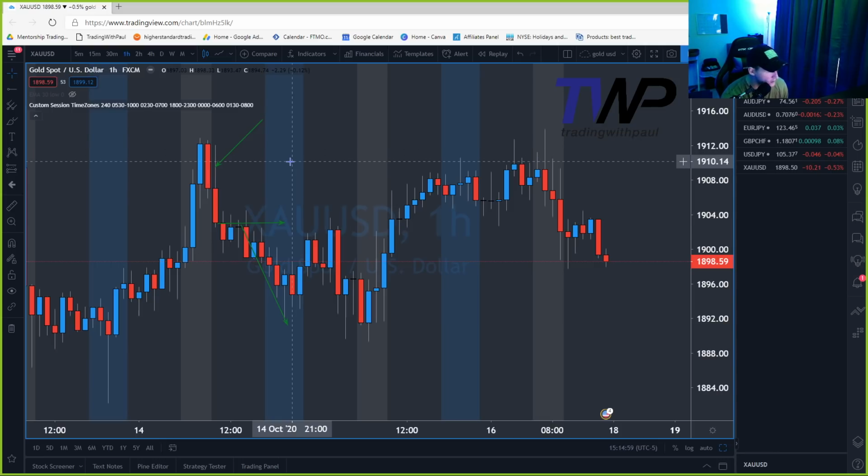So does that still constitute it, or does it have to be a really weak close with a long wick? Or is it as long as the wick is longer than the body, even if it's like a pip or two, that still counts? I don't care. As long as it's longer. Okay. And that one was definitely longer, right? Yeah, by like 15 pips or so, yes.